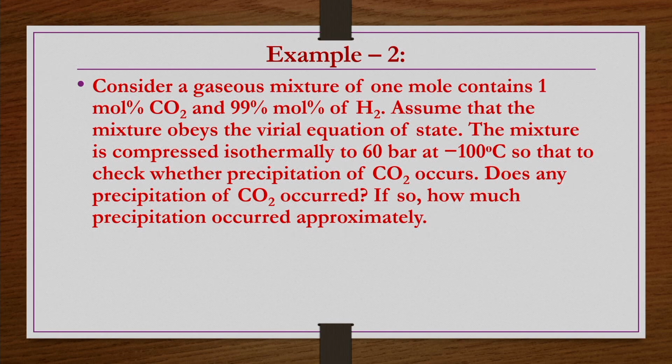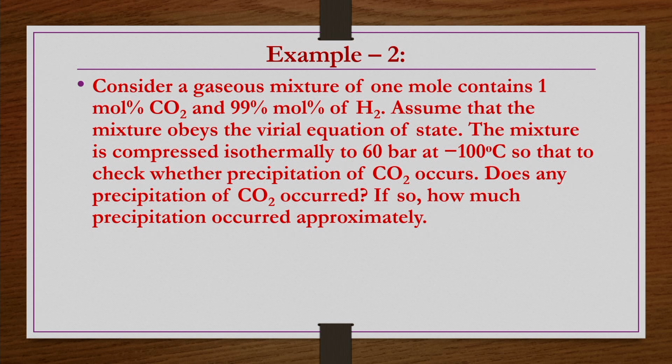So, now we take another example problem. This problem we have actually seen in one of the lectures. This is the problem we took as an example to find out the virial coefficient and cross virial coefficient from different types of correlations that we developed from the corresponding states theory. Those correlations we used to find the cross virial coefficients and the virial coefficients for pure systems, etc. Now in addition to that, we will be finding the fugacity of those two components, and then further we try to find out what the real problem is.